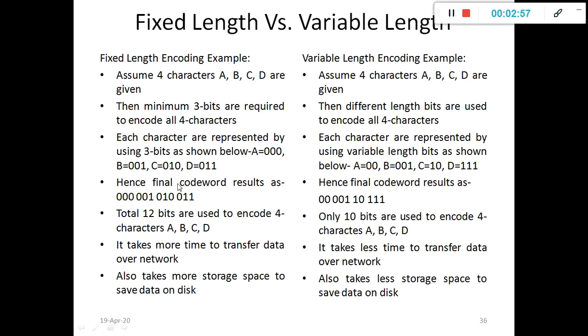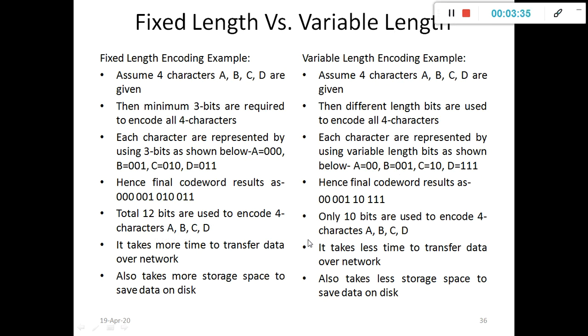Now count all the bits used in the code word generated by using fixed length encoding: a total of 12 bits are used. Also count the length of the code word generated by using variable length encoding. That is, only 10 bits are used to encode all the 4 characters A, B, C, D using variable length encoding, and 12 bits are used using fixed length encoding.